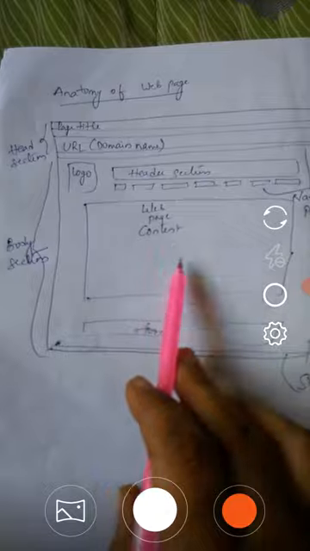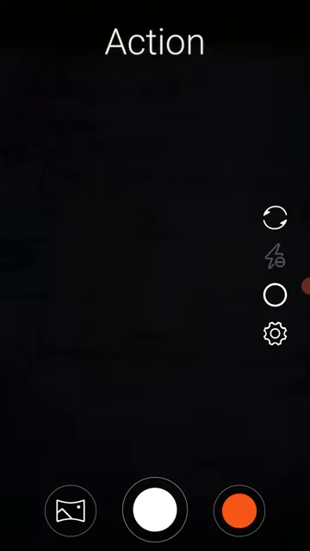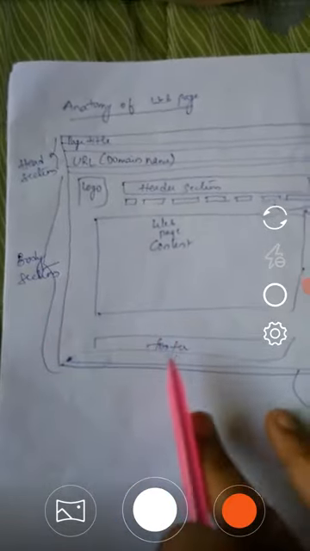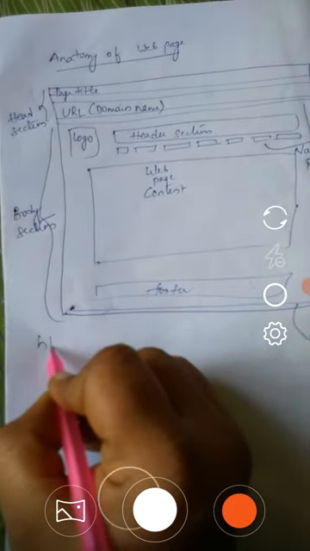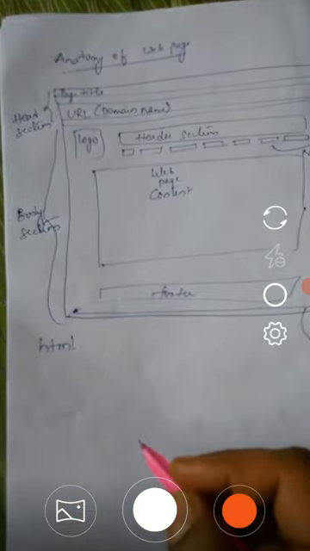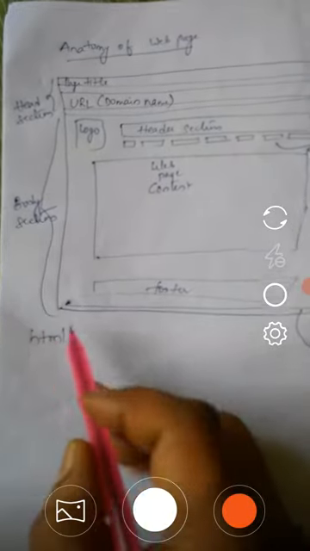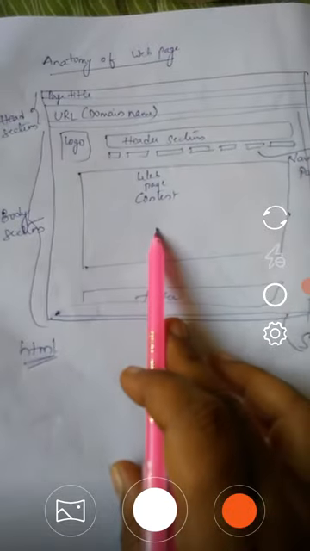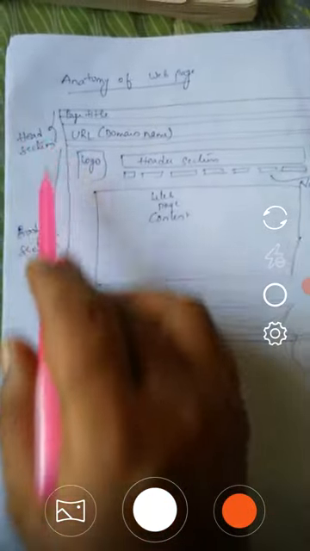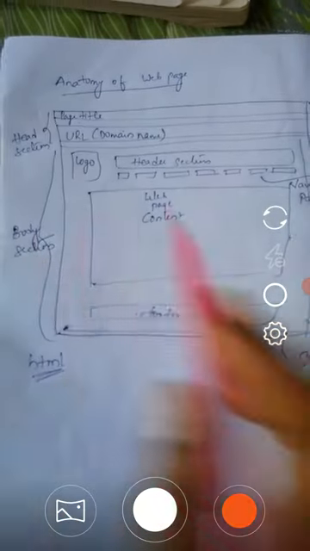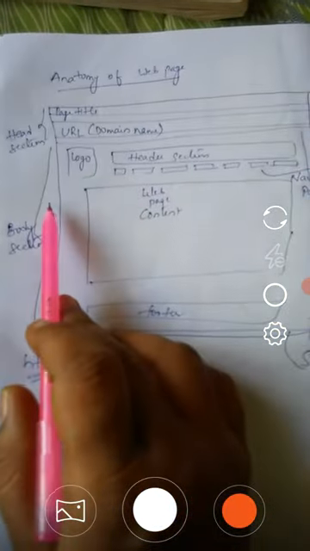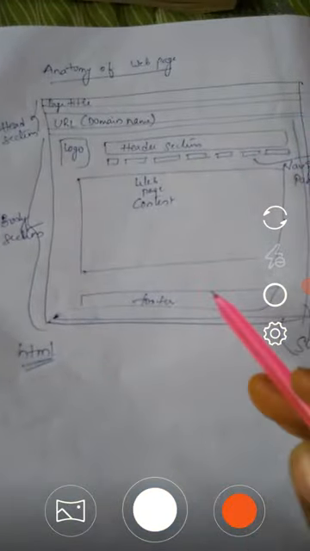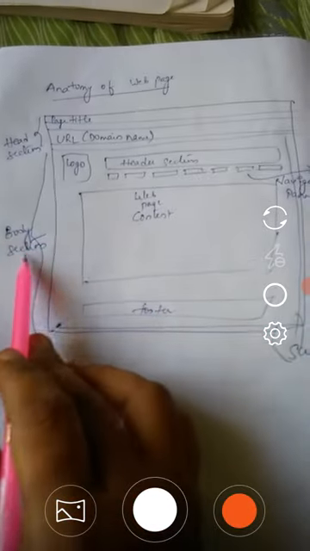Suppose I want to create this web page, what do I have to do? So for creating this web page, I need a markup language called HTML. We can say HTML is a hypertext markup language. By using this language, we can design a web page. Here, a web page is divided into two sections. One is the head section and the other one is the body section. Whatever titles we want to represent for a web page should be written in the head section, and whatever content you want to represent in a web page should be mentioned in the body section.